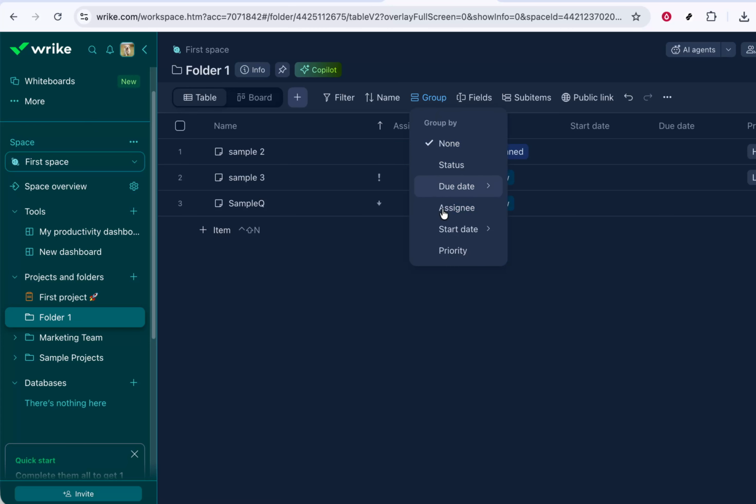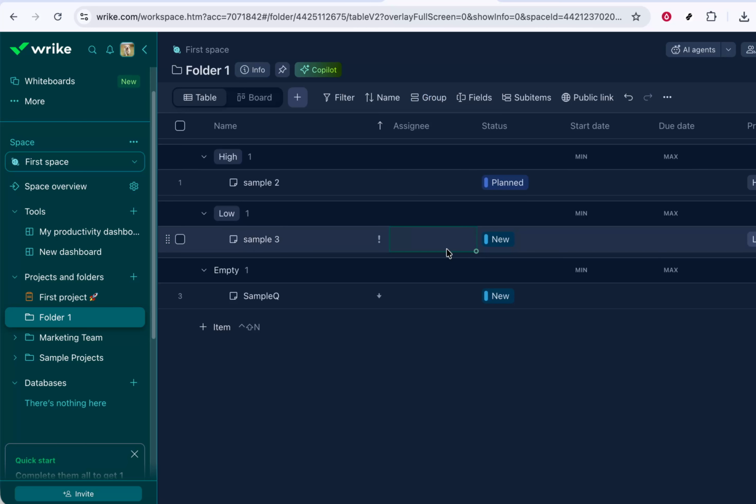And that's all there is to it. By clicking on Group and then selecting Status, you've transformed